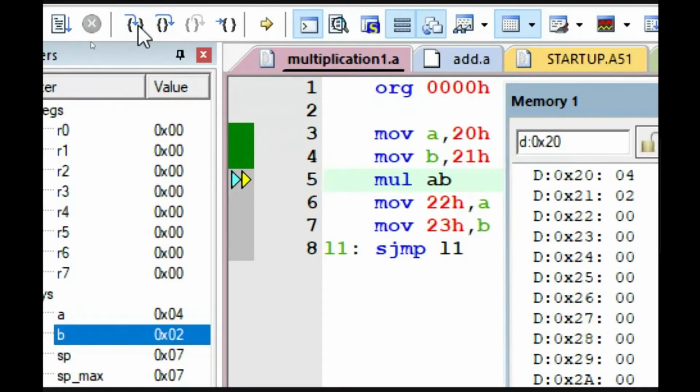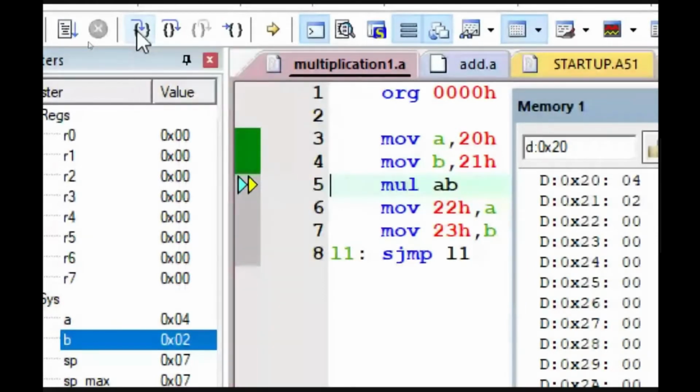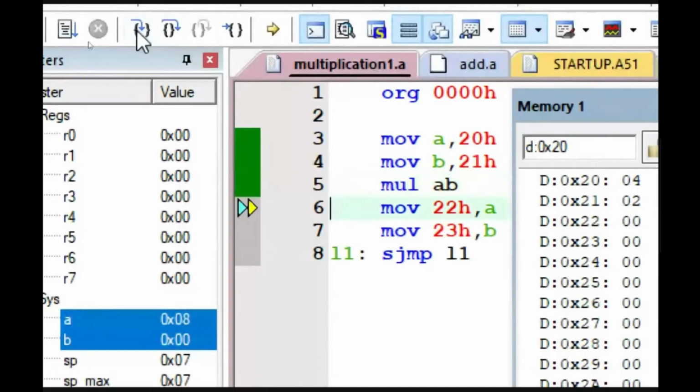So when you execute the MUL AB instruction, the product will be in A and B, overwriting the input values. A will have the least significant byte of the product and B will have the most significant byte of the product. So 4 2s are 8 means 8 will be there in A and there is no MSB. So B will become 0. I'm going to execute the MUL AB instruction and look at the accumulator A and B register, where A will get 8 and B will get 0. After executing the 5th line, the content of A is 8 and the content of B is 00. So we got the product, and the processing is over inside the microprocessor.